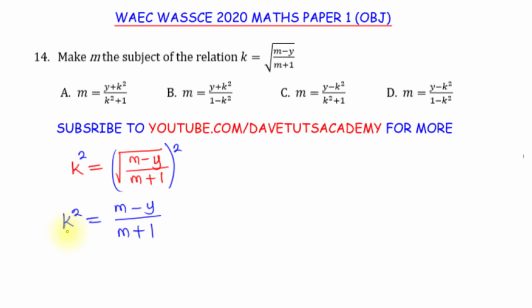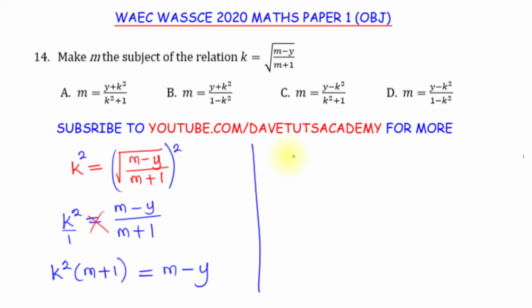Okay, it's as if we are having k squared over 1, such that we can say we want to cross multiply, and by cross multiplying we are now going to have it as k raised to power 2 multiplied by m plus 1 is equal to 1 multiplied by m minus y is m minus y. Okay, that's not done. We are still going to continue that. Then now if we open this bracket, we can say we have m multiplied by k raised to power 2, because k raised to power 2 times m is the same as this. Okay, then plus k raised to power 2 times 1, that is k raised to power 2, is equal to